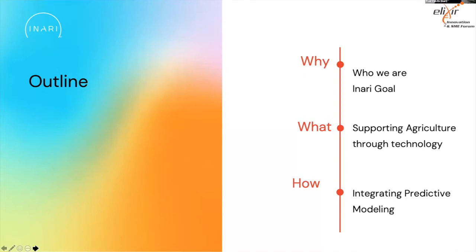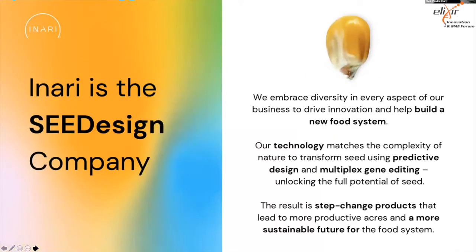All right, next slide. So very briefly, Inari has been rebranded recently with the new colors that you can see here. We call ourselves a seed design company, which basically means that we are reshaping genetic diversity in different crops to help farmers and also help to build a new food system, basically by including technology for gene editing plus predictive design. Or to put it the other way around, we use predictive design to know what kind of modifications we need to make for certain traits, and then we apply gene editing to change those, and also some